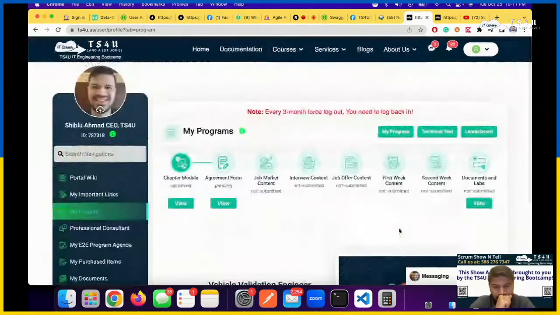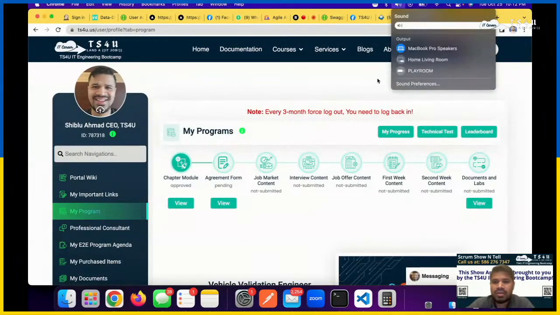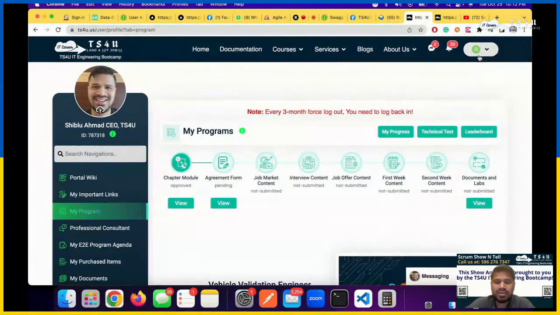Okay, so the recent change, the biggest one we had, giving warning notifications from Agile ALM. So if users are not active in the Agile ALM for certain periods of time, for 5 days or 7 days, then they will be getting an email and notification. Just talk about the integration between the Agile ALM and TS40. The dashboard, the My Progress. Oh, yes, hold on.